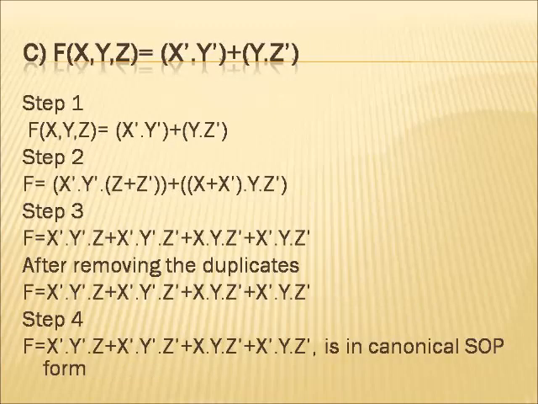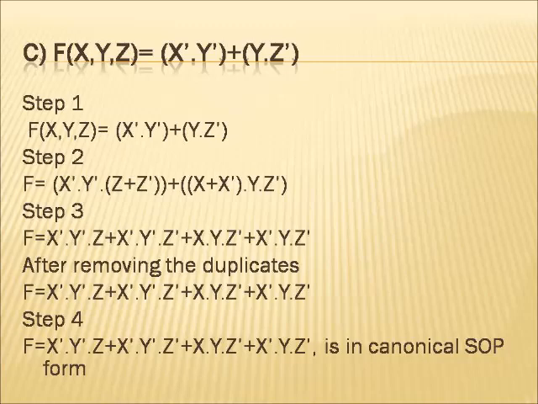Okay, now we have the third example, where we can see that the given expression is in the SOP format, that is, it has two product terms, x bar·y bar and y·z bar. So here we can say that even though this expression is in SOP form, it is not in the canonical form. The reason: in the first term x bar·y bar, z is missing, and in the second term x is missing. So in step 2 we have to add the missing variables, right?